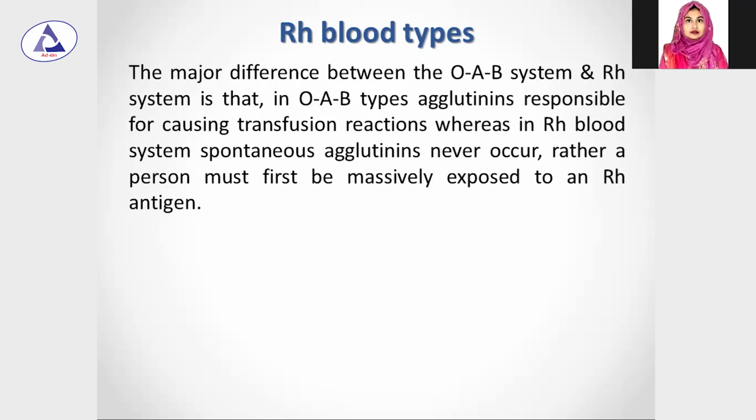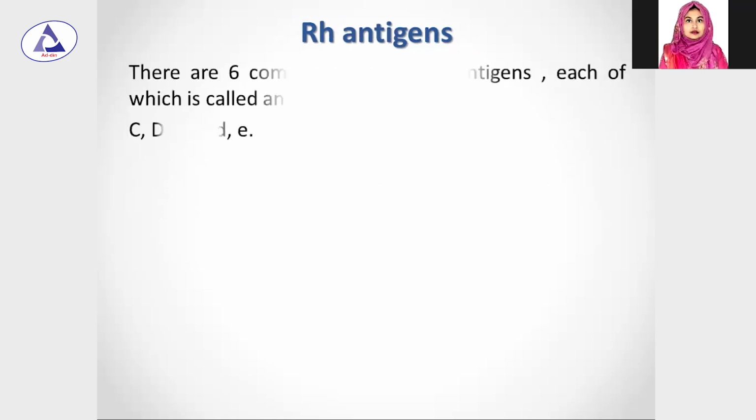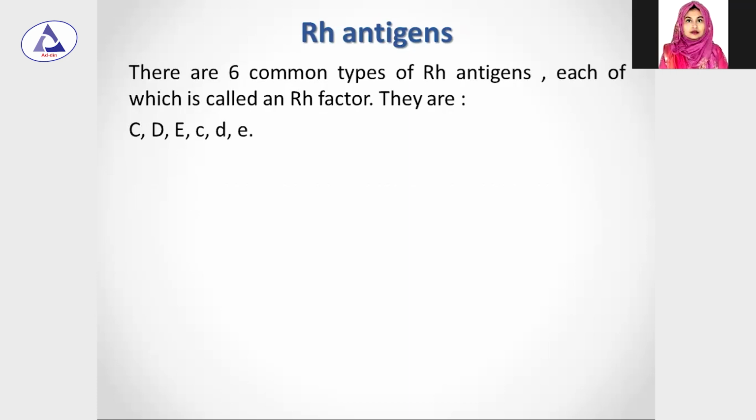Okay? ওদের থাকেই না antibody, spontaneous কোন antibody ওদের থাকেই না। আচ্ছা, শুধুমাত্র কখন একটু সমস্যা হতে পারে সেটা বলেছে যে rather a person must first be exposed to an Rh antigen. যদি কোনো কারণে একজন person massively exposed হয় Rh antigen দ্বারা, তাহলে তার বডিতে antibody টা develop করে থাকতে পারে। তা বাদে কখনো spontaneous agglutinin Rh blood group এর থাকেই না। এখানে আরেকটা কথা আসে, কি কি থাকতে পারে।